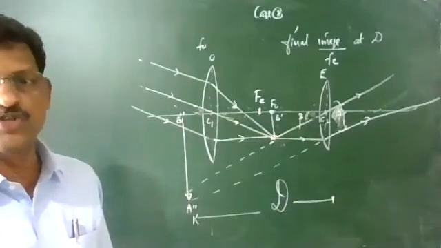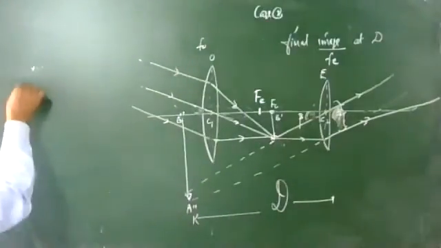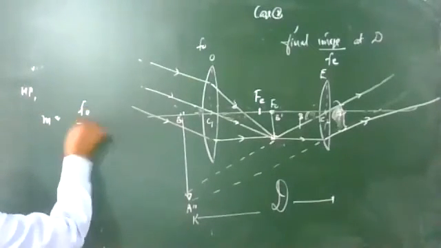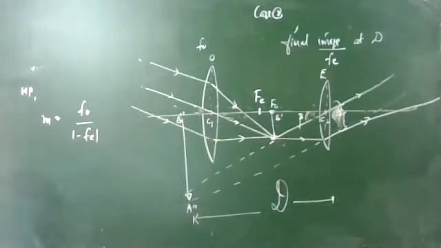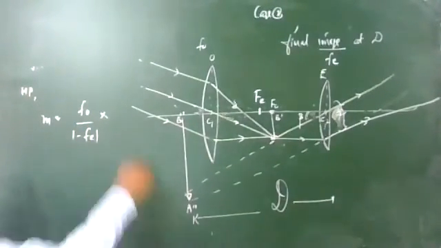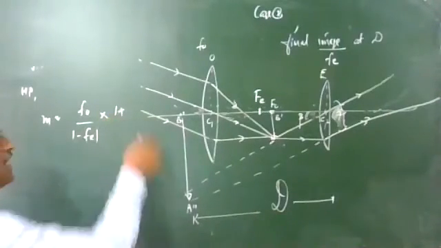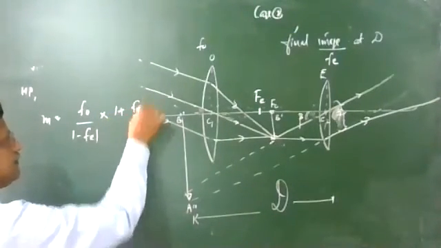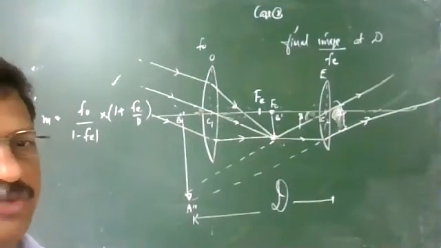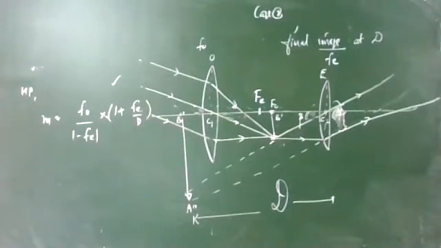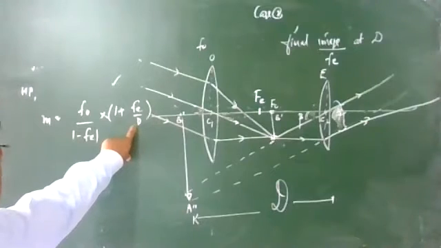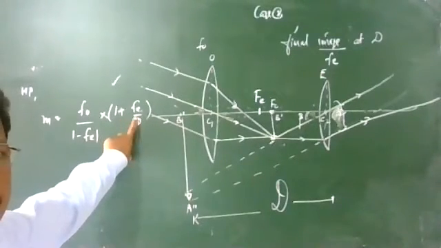What is the magnifying power in this case? Magnifying power in this case is a slightly different value. M equal to f naught divided by Fe, into a slightly greater value. So we will write the equation with one more term: 1 plus Fe by D. So in the least distance of distinct vision, magnifying power will always be more. Here the term is 1 plus Fe by D. It is not D by Fe, especially in the case of the astronomical telescope. This will be the equation.